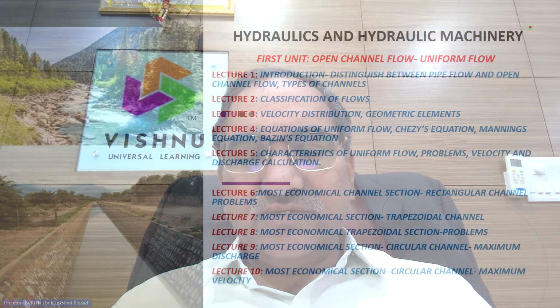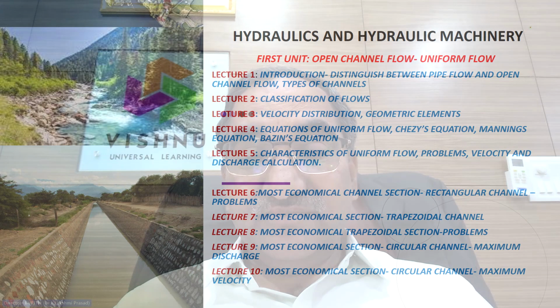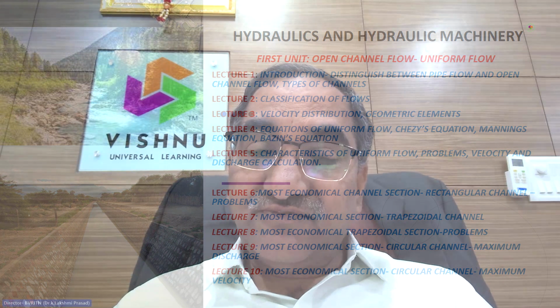In today's lecture, let us discuss the conditions for minimum specific energy. In other words, the conditions for critical flow in general, and of course, a rectangular channel in particular. That's the first thing. Then we will go for